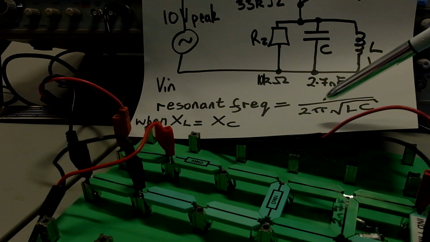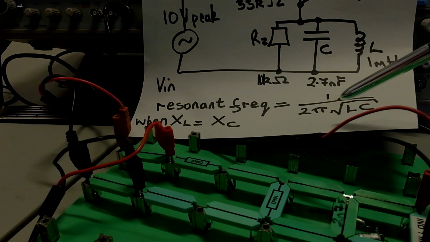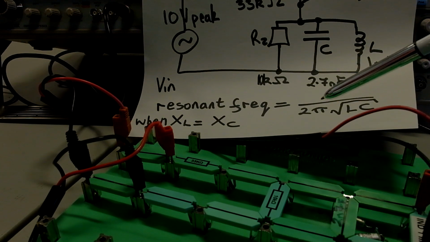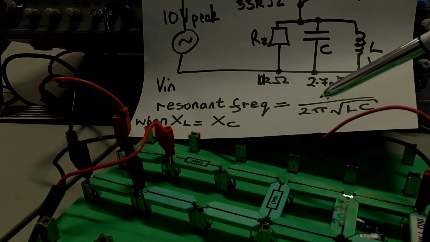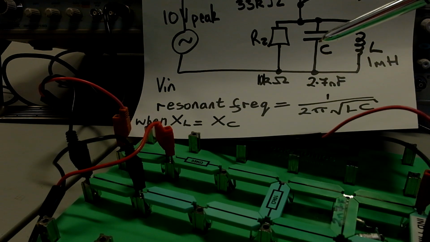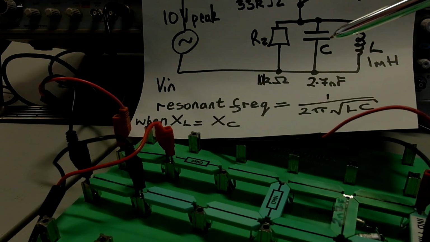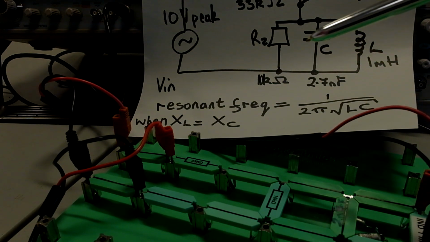a particular value. If we plug our values, 2.7 nanofarads and 1 millihenry, into this equation and do the calculation, it comes out to be 97,000 hertz, 97 kilohertz. We would expect the reactance of that capacitor to offset exactly the reactance of the inductor, which is approximately 600 ohms at 97 kilohertz, and what we're left with is just a resistive voltage divider, where if you do the calculation for a voltage divider, the voltage coming out here will be 4.6 volts, and because